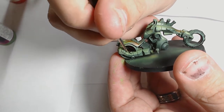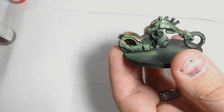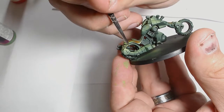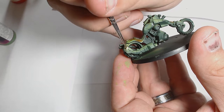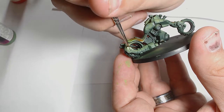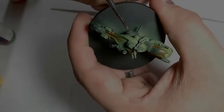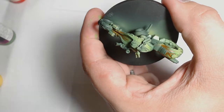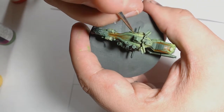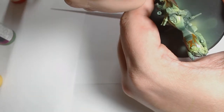So next I'm just picking out the brightest sections of the fairing with Scorpion Green as a glaze. As you can see, I'm just picking out those details across the back of the fairing and the chain guard, and ever so gently glazing the model to make those highlights look extra vibrant. I then do the Scorpion Green with pale yellow again, and I'm pulling those highlights together on the brighter sections. Again, these are really thin layers, which I'm glazing on ever so slowly, just to make